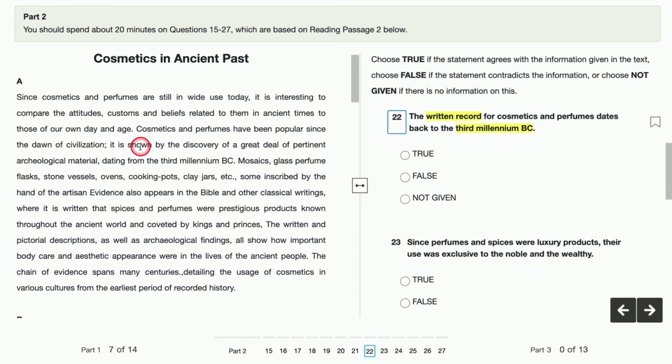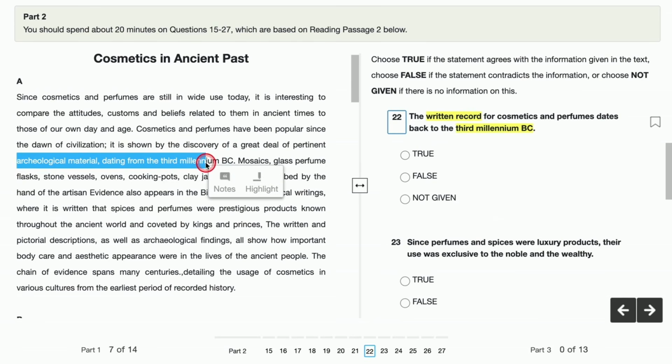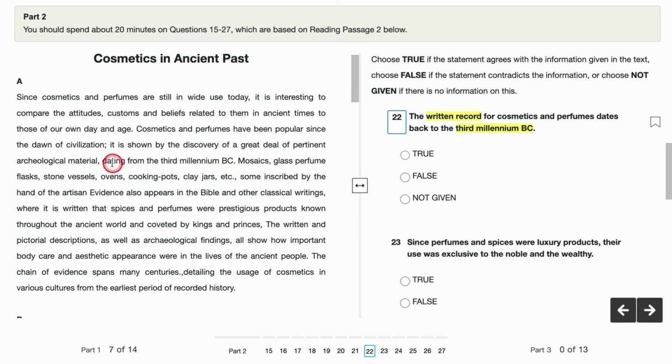It says, it is shown by the discovery of a great deal of archaeological material dating back from the 3rd BC. So this sentence says, archaeological material dates from the 3rd BC. But it doesn't mention written record, right? We can't tell if archaeological material includes written record or not. So it seems we should choose not given, but let's continue reading and see if the remaining paragraph mentions written